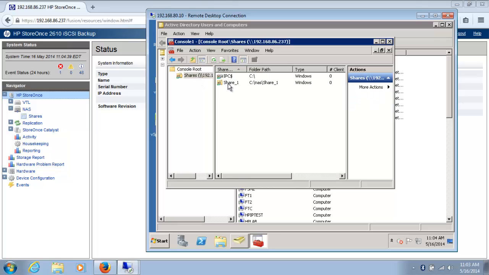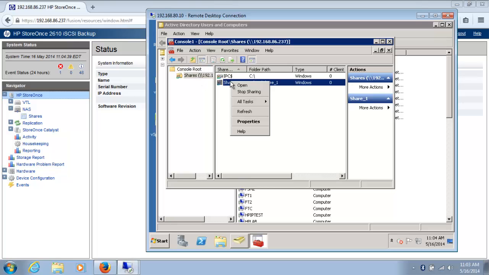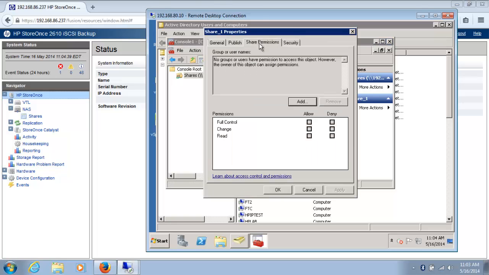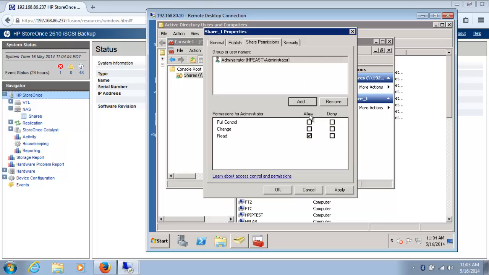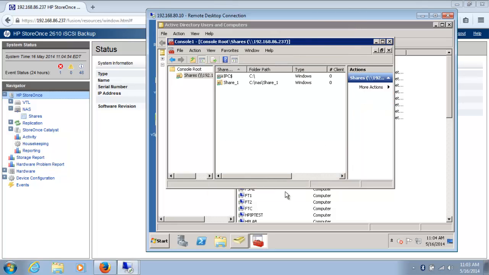And we can see that share 1 is now listed here. Then I can right click, select Properties, Share Permissions. We'll add my administrative account. All right, and we'll allow full access. And we'll click Apply. And then OK. All right, now I can go into